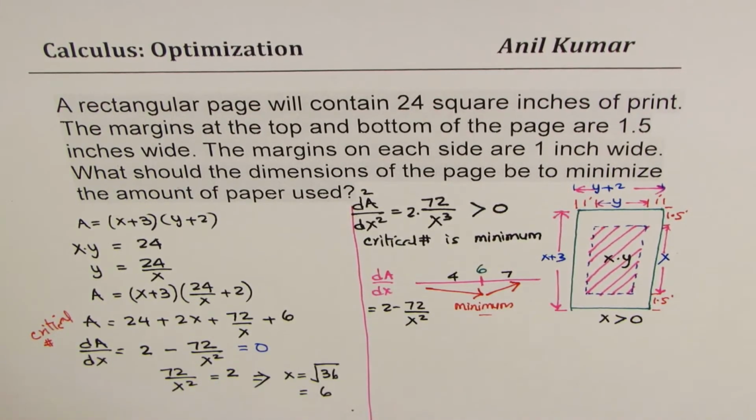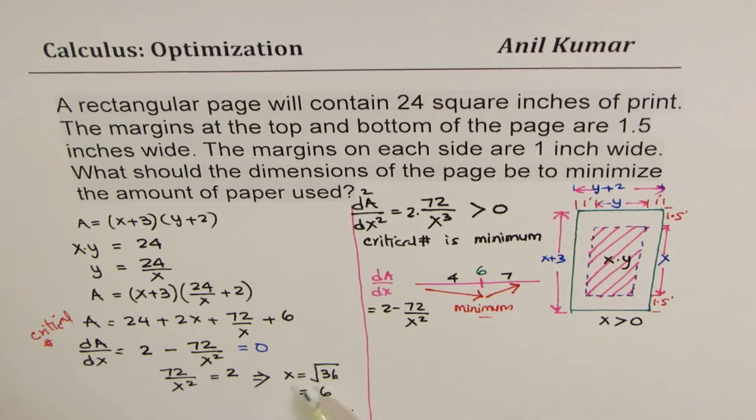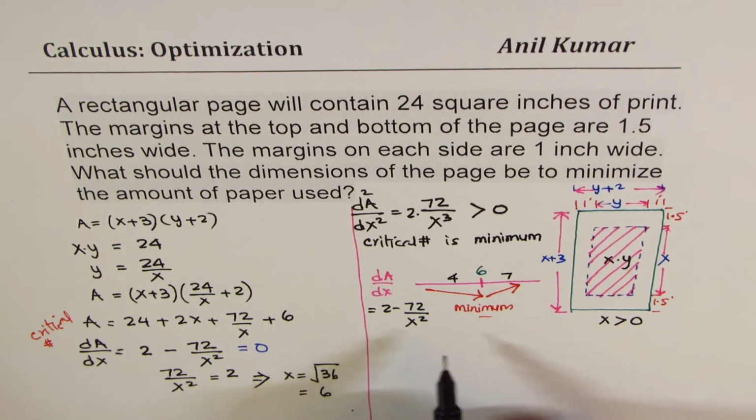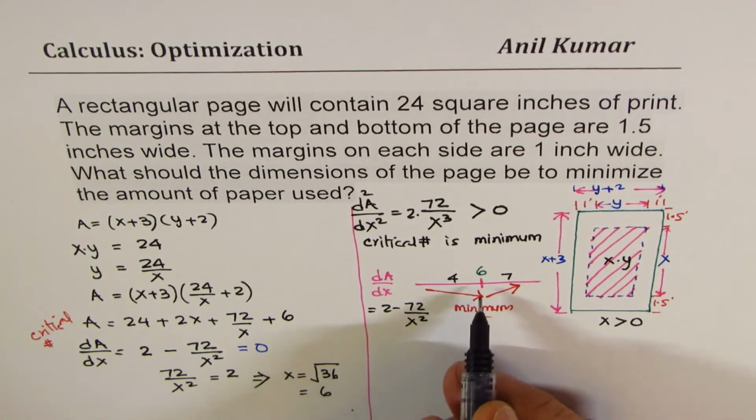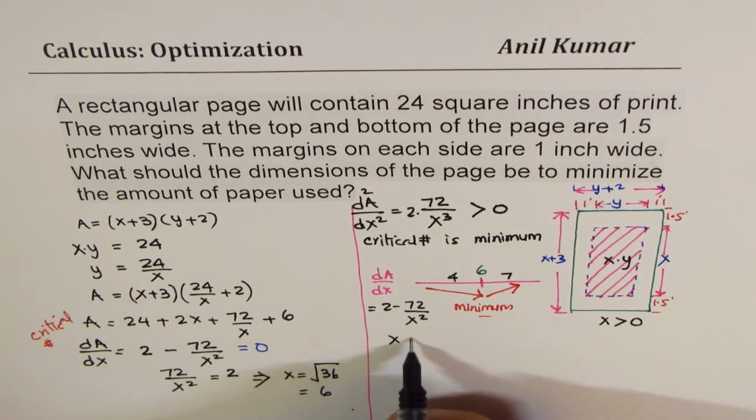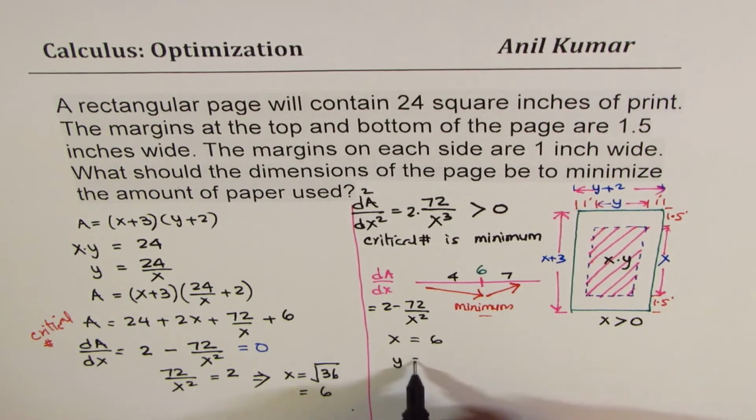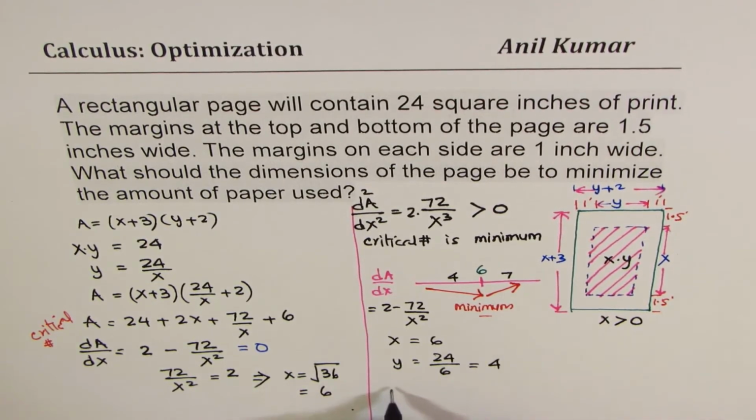So it is very important when you solve optimization questions, first to make a diagram, relate variables, find equations. Once you have the critical number, you have to show why it is maximum or minimum, correct? And then you can write your answer including the units. Units are in inches. So we got the value of x as equal to 6. Let's find what y is. So x is equals to 6, y is equals to 24 over 6, which is 4. And therefore our answer is